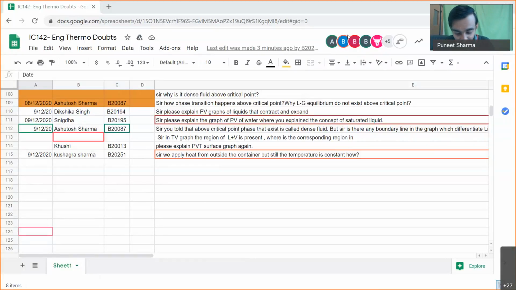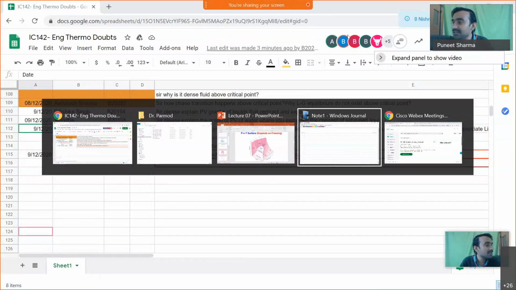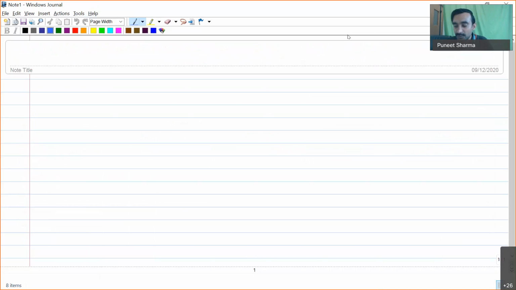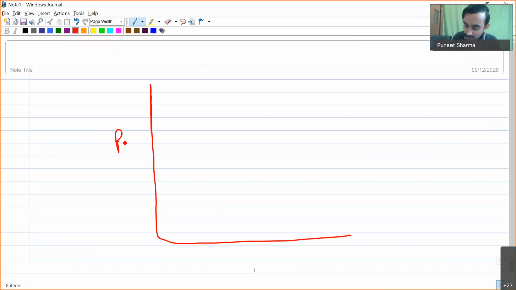So the first question for today is, sir, please explain PV graphs of liquids that contract and expand. Okay. So what we have done basically, while I have shown you the PV graphs, I have basically taken these as nothing but projections of the PVT surface. So while we are taking the projection of the PVT surface, we found that the liquids which contract on freezing,